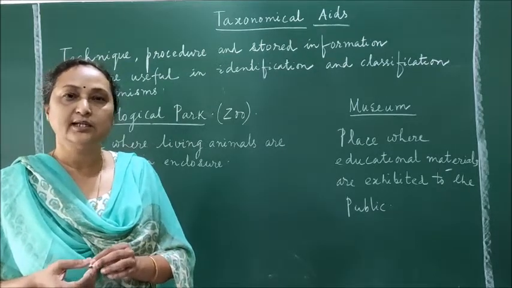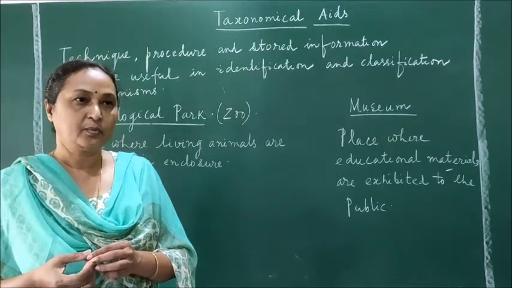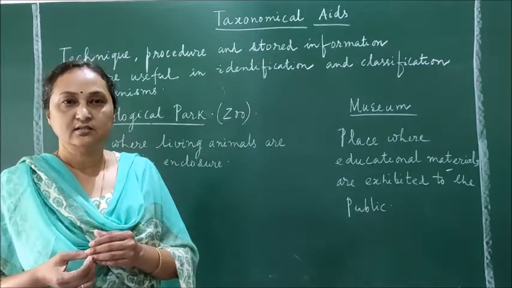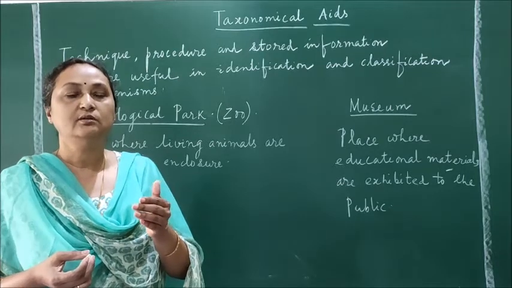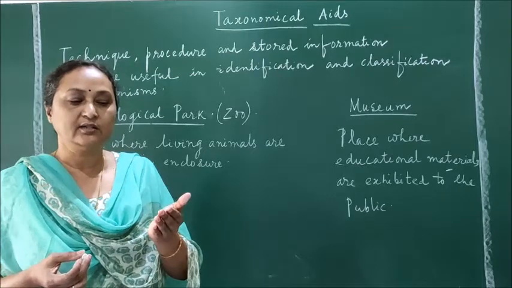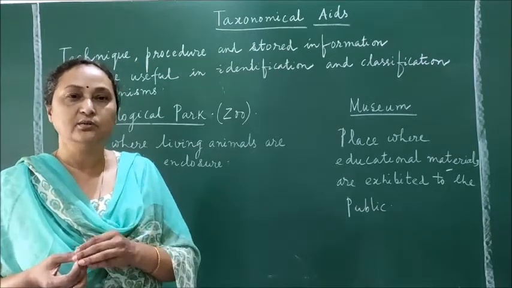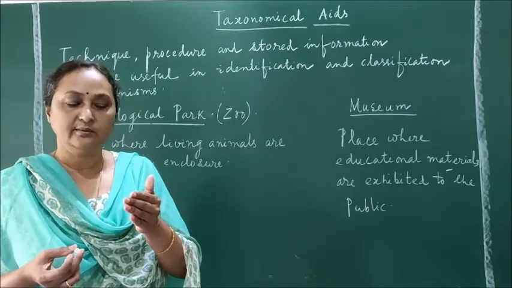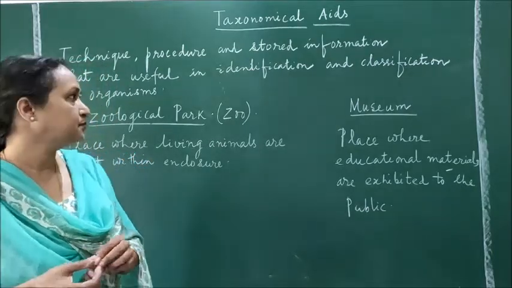For example, suppose you take the tiger or the lion. The number is very low in India, and the Indian government has taken up a project to save tigers. And now you can see the number is gradually increasing. Now in India there are more than 1,000 tigers. Also there are lions, for example the white lion you can see in Nandankanan in Odisha. So many rare species are available in the zoo, and you can see all these animals for your biological studies.